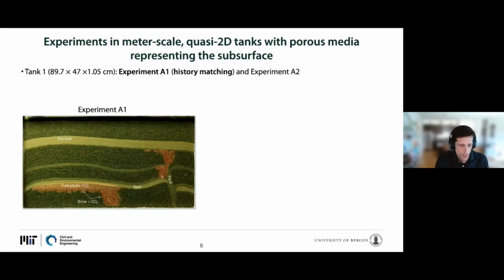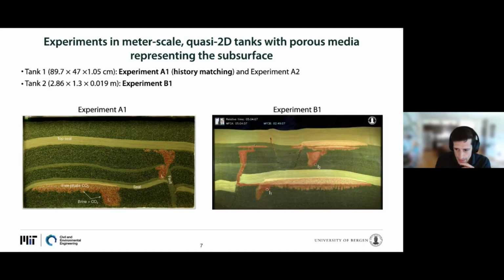So then in our experiments, essentially we start with the medium fully saturated with water, and then we will be injecting CO2 using two different injectors. Here you have a snapshot in the middle of the CO2 injection for tank A, where we conducted the calibration experiment. This is the smaller or medium fluid flower, and then in the main fluid flower, here you have another